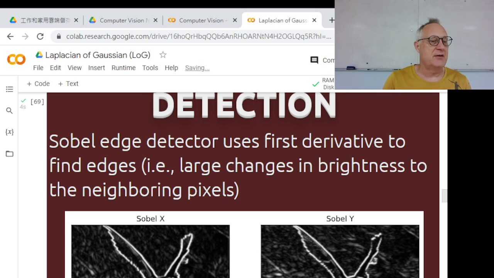So let's say everything above 128 is an edge pixel. This is actually pretty easy to write in NumPy using Boolean arrays. Then I simply set it to 255 if it's greater than 128, and